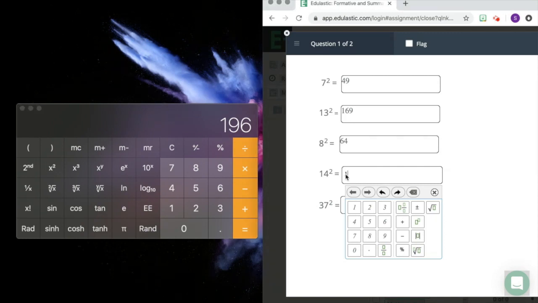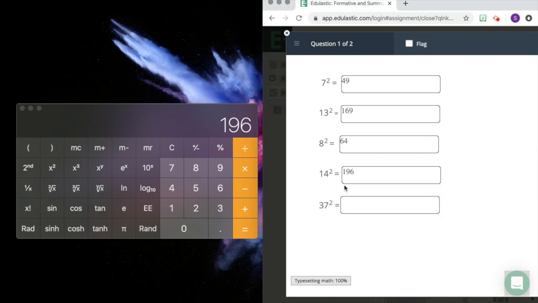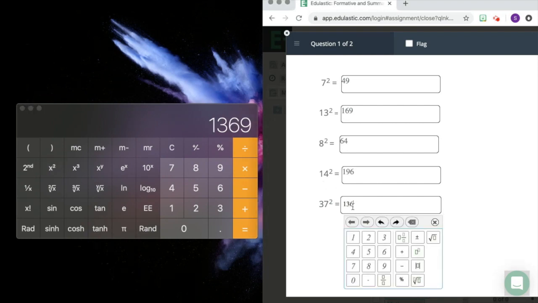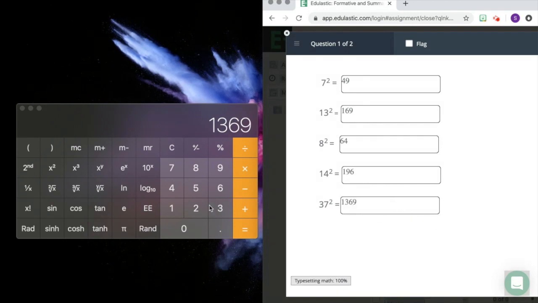196. Now, if you're one of those students who just don't really trust new things, especially with calculators, and you want to double or triple check to make sure that your answers are correct, all you would have to do is type in 14 times 14, because that's what 14 squared means. And guess what you get? 196. And then finally, the last one, 37 squared. 37 squared. 1,369. And then, of course, you could always double or triple check just to make sure by doing 37 times 37, and you get